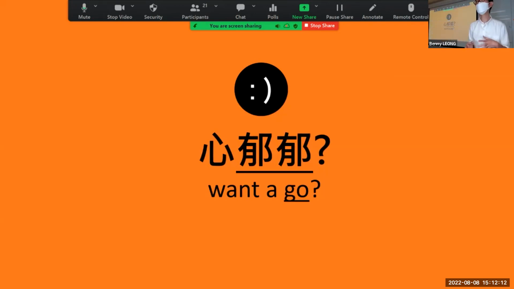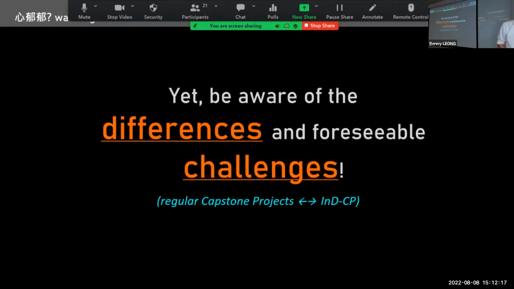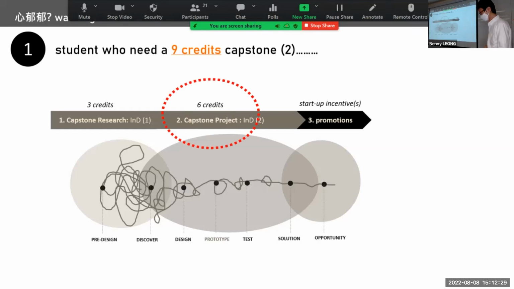Now, if you think that's something that I would like to do, I still need to warn you. Okay, there are some conceptual differences in your mind, and maybe some foreseeable challenges that you have to prepare for. The new integrated designpreneurship subjects have a second one, Capstone Project.